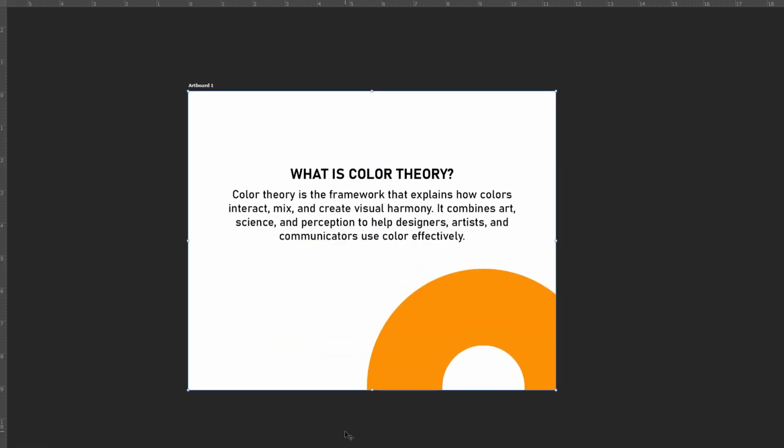So let's jump in. So we're here. First slide, what is color theory? Okay, I know you can see it, but I will read it to you. This is how we used to do presentation back then in college. Okay, so color theory is the